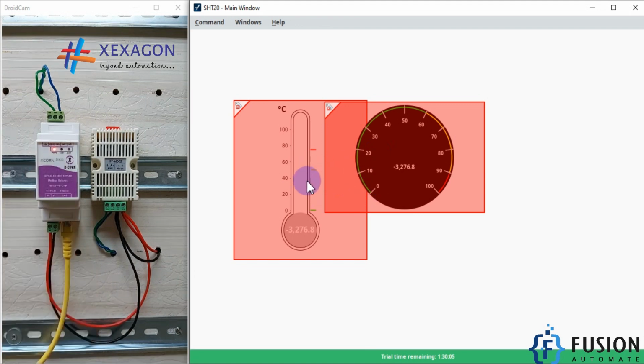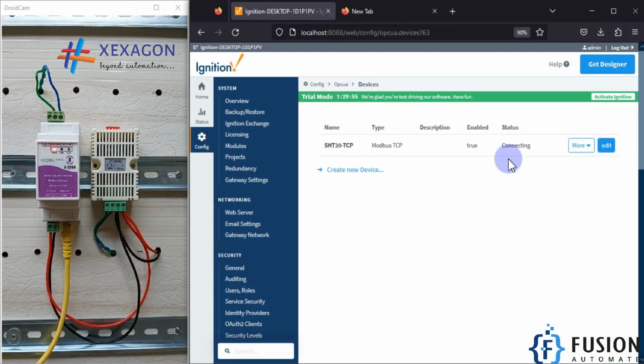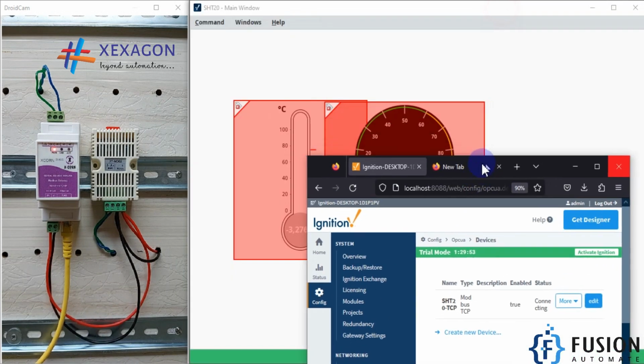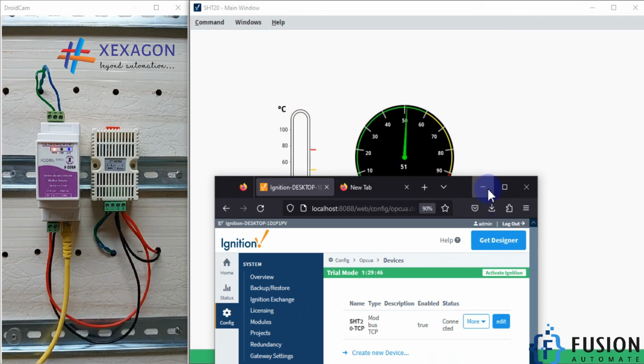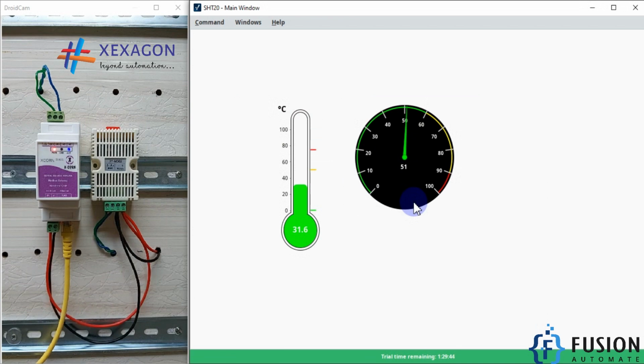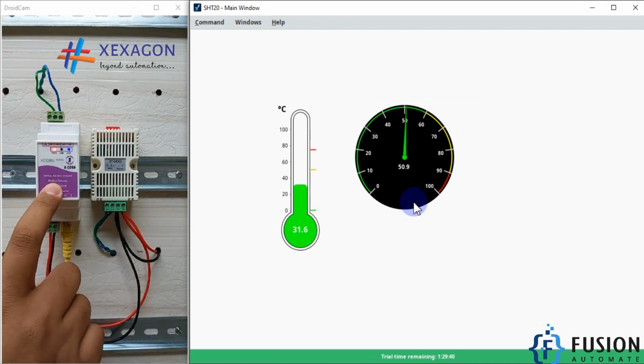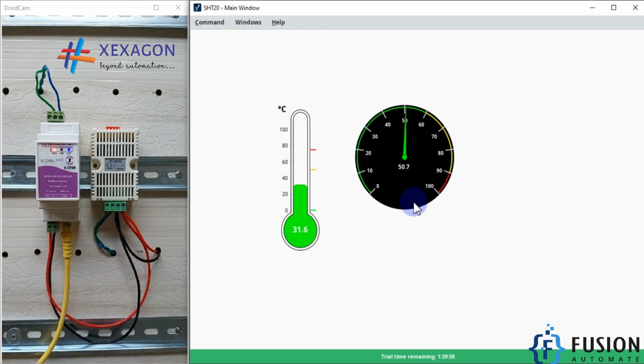Now we have to wait for a few minutes to get this connection back, and then after that you will see those values properly. Okay, also you can monitor those things here. So right now it is still in the connecting stage. It is disconnected. Okay, and now it is connected. So once it is connected, you will get your value on your screen. Okay, so this is how you can integrate this XCON 514D Modbus Serial to TCP converter gateway